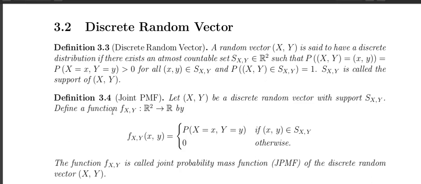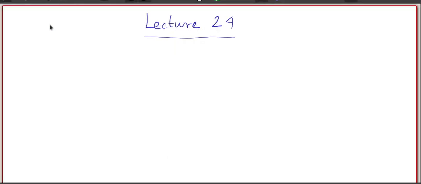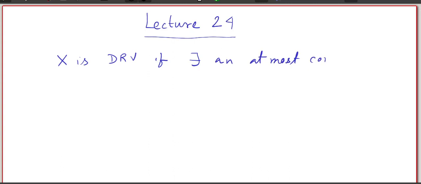In this lecture, we are going to talk about discrete random vectors. Before going into the definition of a discrete random vector, just recall the definition of a discrete random variable. X is a discrete random variable if and only if there exists an at most countable set D, which is a subset of R, such that